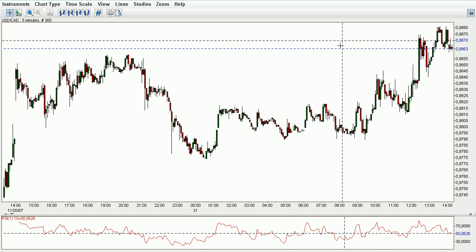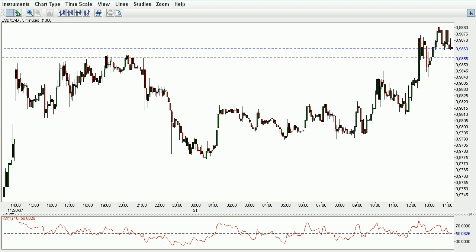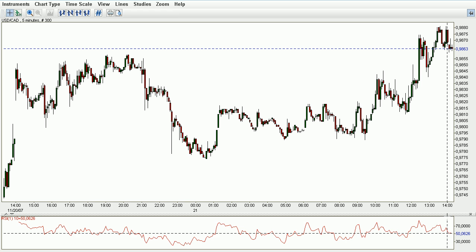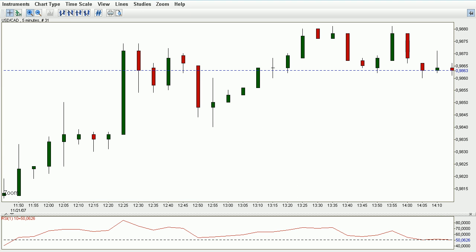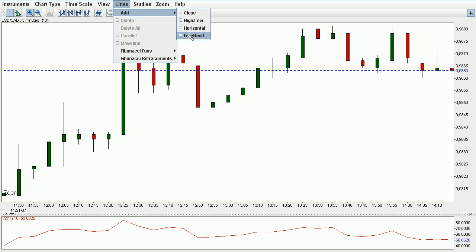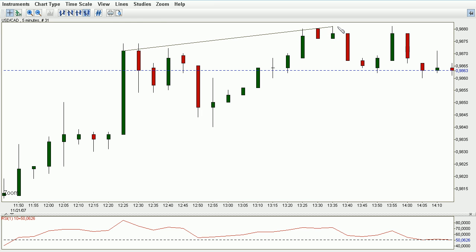Okay, what we see on the screen is this 5-minute time scale, as I said, and we have just noticed this divergence between the relative strength indicator and the chart. And this is pretty much an indication that this pair will start falling down in the next several hours, because